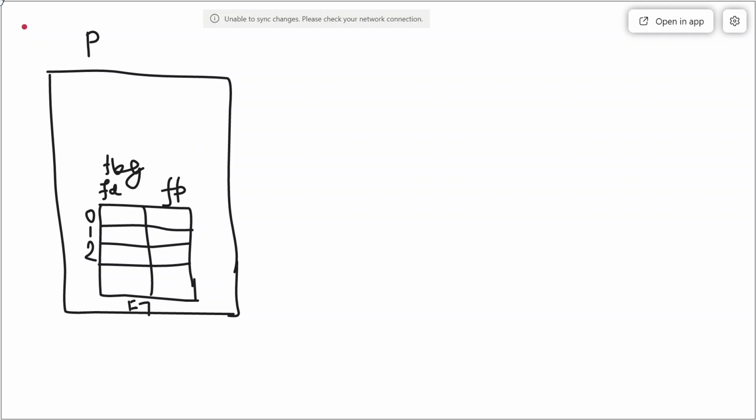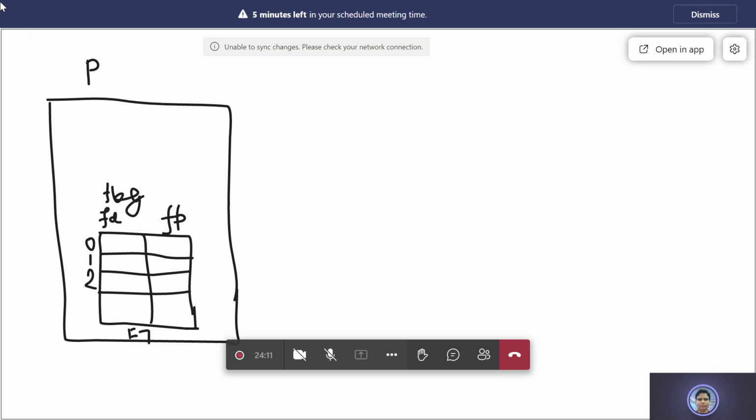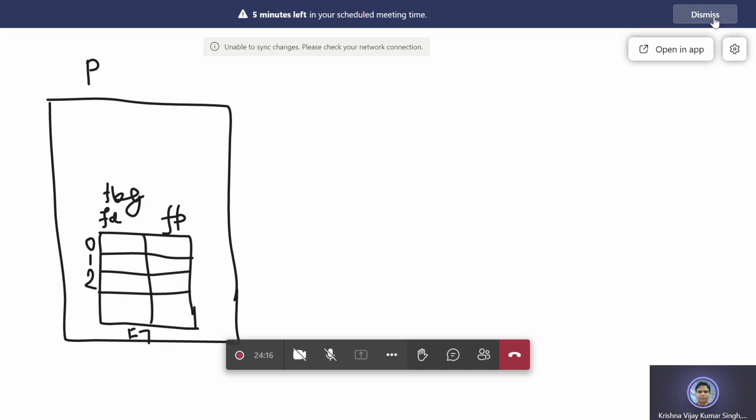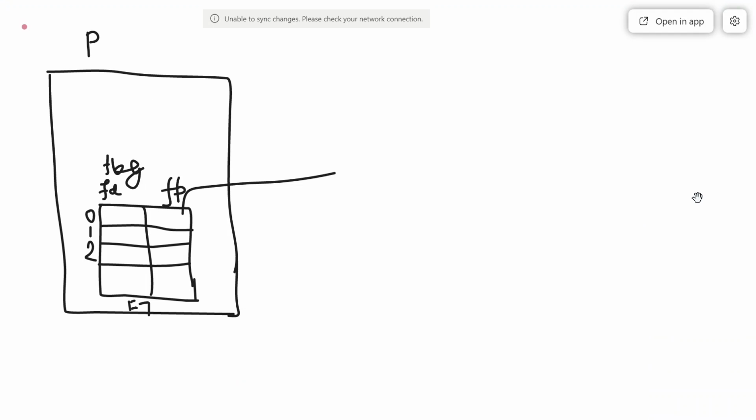Subsequently, a process can open how many files? Normally the standard is that a process can open 19 files. In that case, the file pointer is basically pointing to another table.